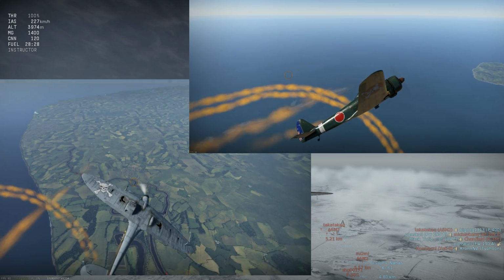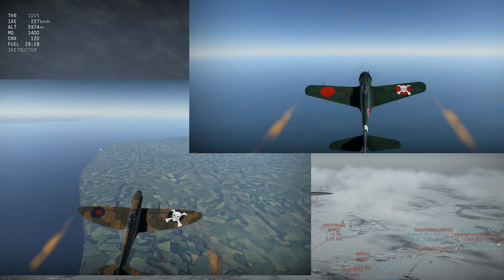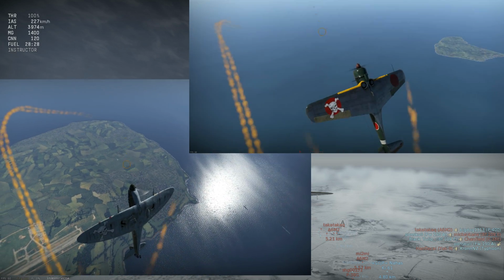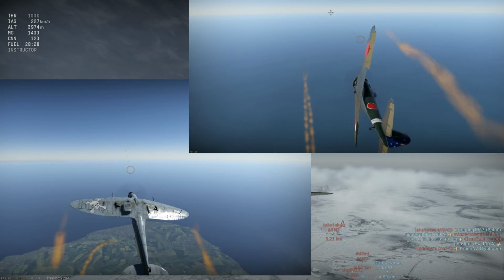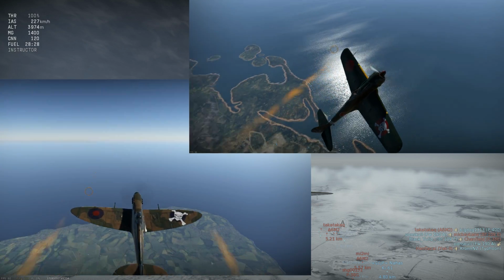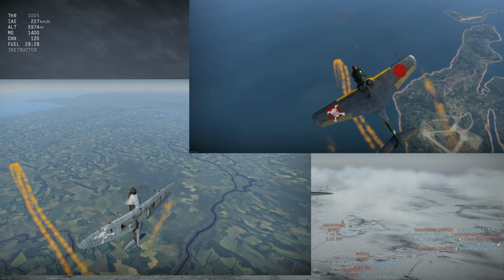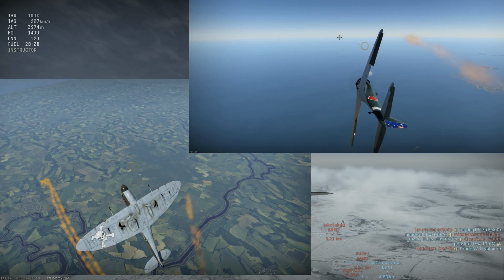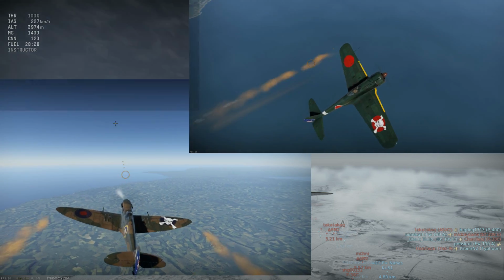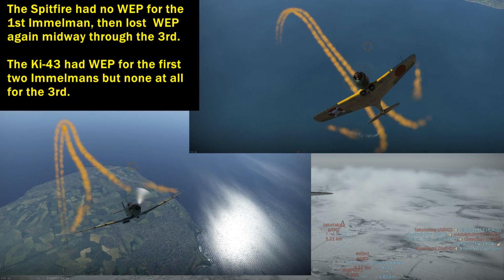And to show how much stronger the Ki-43 is in vertical maneuvers, let's do a series of consecutive Immelmans starting at only 250 kilometers an hour. This is a punishing test. It really shows how the planes behave when they're pushed to the limit vertically. The Ki-43 is completing the Immelmans faster, with its lighter airframe and tighter turning circle. On the third Immelman, neither plane will have WEP available. The Ki still manages to pull off the maneuver, but the Spitfire gets to the midpoint of the climb and